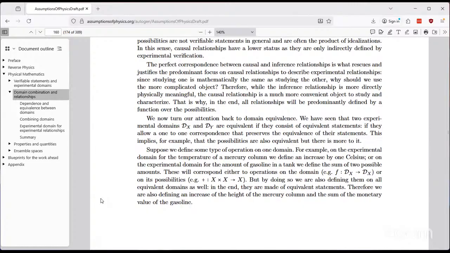The perfect correspondence between causal and inference relationships is what rescues and justifies the predominant focus on causal relationships to describe experimental relationships. Since studying one is mathematically the same as studying the other, why should we use the more complicated object? Therefore, while the inference relationship is more directly physically meaningful, the causal relationship is a much more convenient object to study and to characterize. That is why, in the end, all relationships will be predominantly defined by a function over